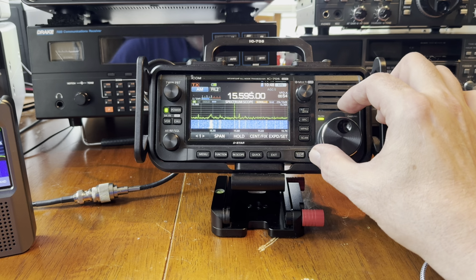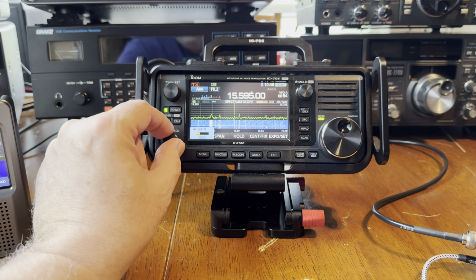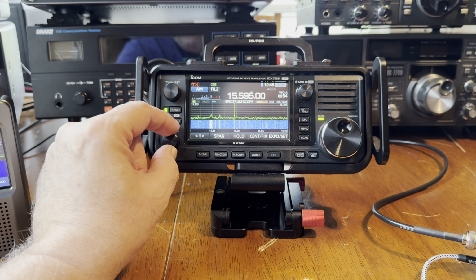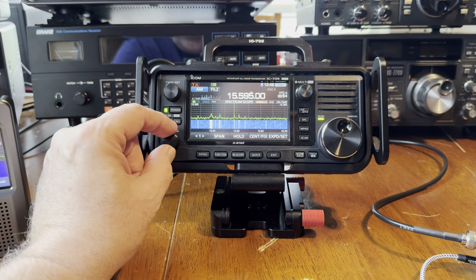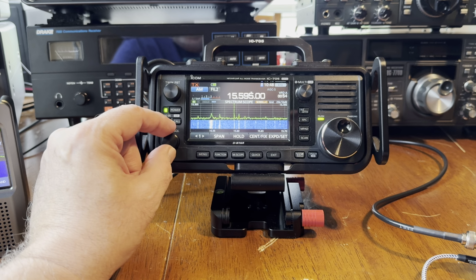Another signal at 595. It's there, but it's very weak. I can hear it. I can't really make it out. I couldn't read it, but